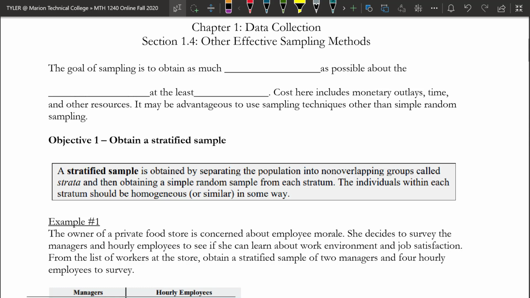Hi, so we're ready to start the fourth section in Chapter 1, which is titled Other Effective Sampling Methods. In the last section, we looked at what's known as simple random sampling. There are some other methods that we can use as well that we want to take a look at in this section. So the first thing here before we start Objective 1 is just making sure